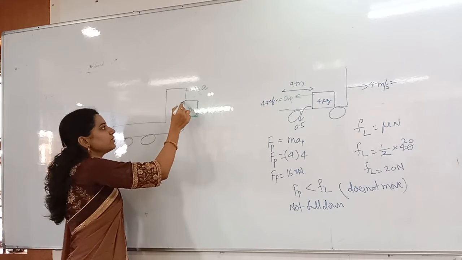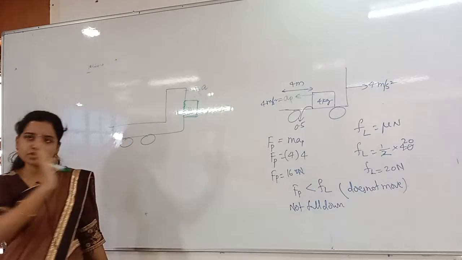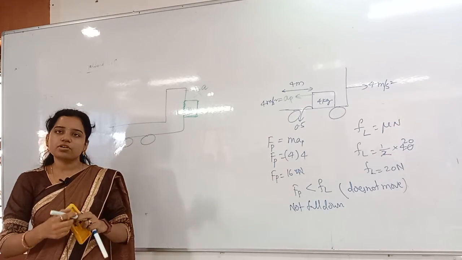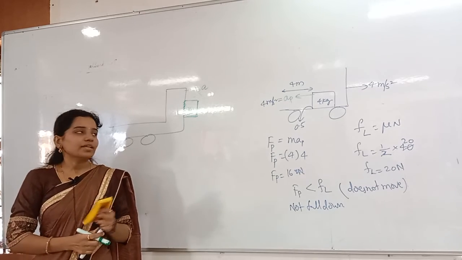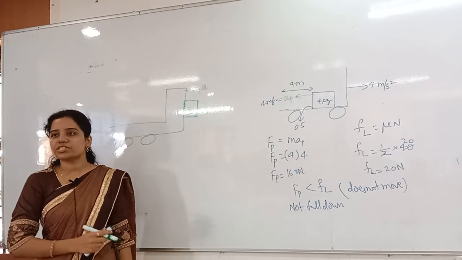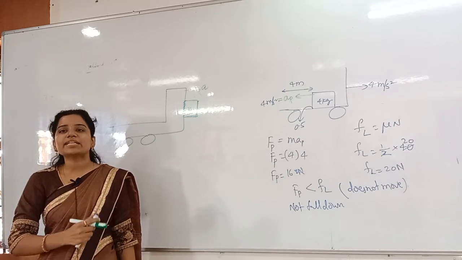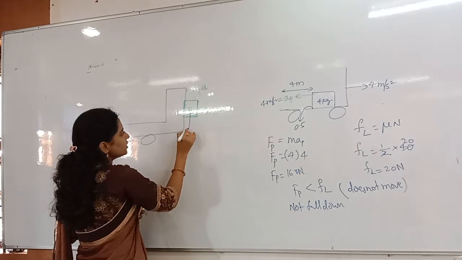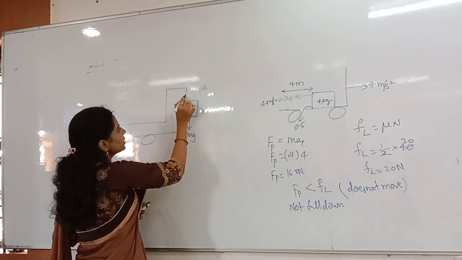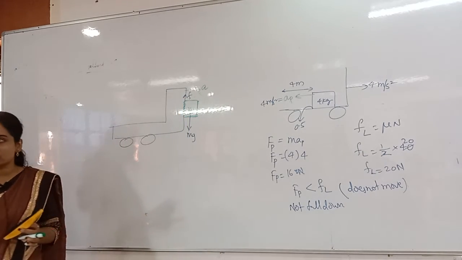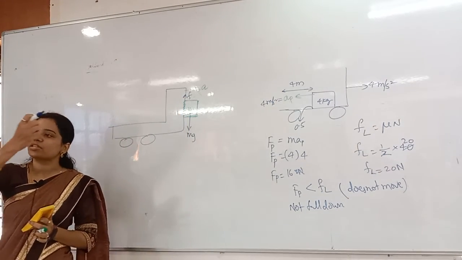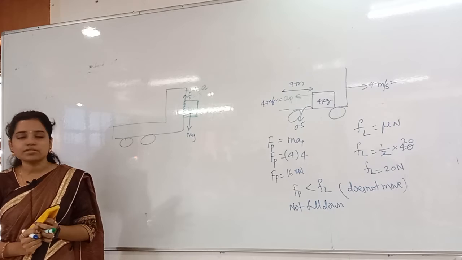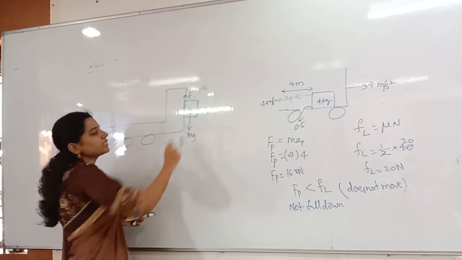And also here, this is a frictional surface. Even though the pseudo force is acting in the backward direction, who is acting in the downward direction? Mg is acting. Whenever Mg is acting downward, the block has the tendency to move in which direction? Downward. So friction will act in which direction? Upward. So Mg is acting downward and friction is acting upward. Everybody understood till here? Friction acts in the direction opposite to the tendency of motion.